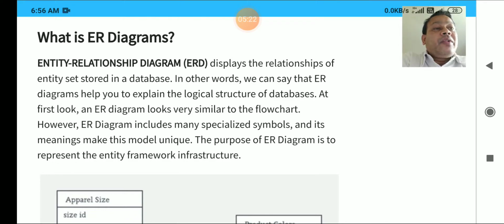So here we are going to talk about entity as your table. Entity is nothing but your table. So what is the relationship between these two tables? We are not going to talk about only two tables, there may be n number of different tables, and how they are related with each other. We are going to see all these things in detail.